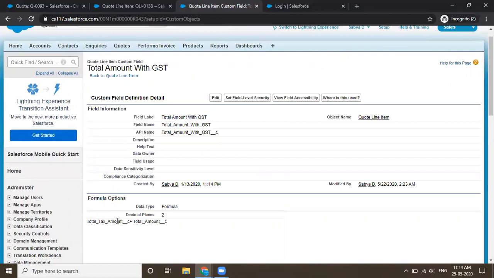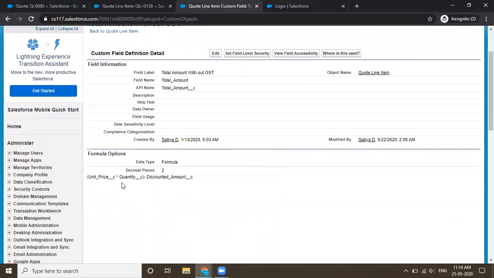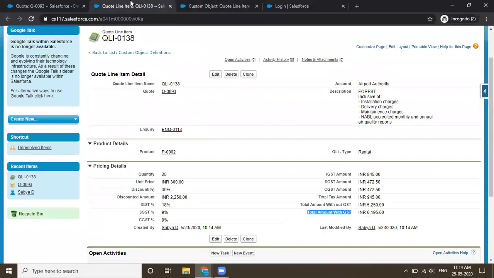So this is a formula field. Whatever the total amount is, it is nothing but total amount without GST. If you go here, it's unit price, quantity, and discounted amount, so it's also a formula field. When two formula fields combine and make another field, that is total amount with GST, you can't roll up this. This is a summary. So you can't roll up this field, even though you have a master relationship.